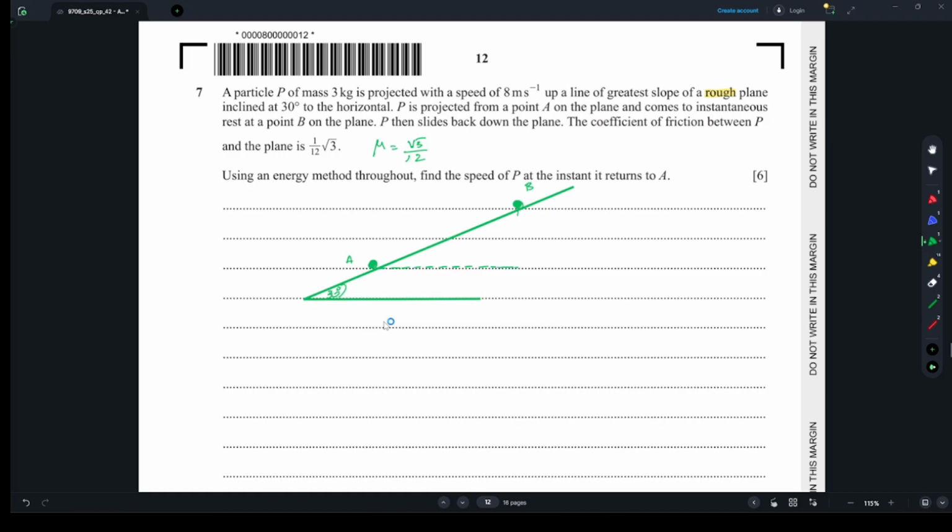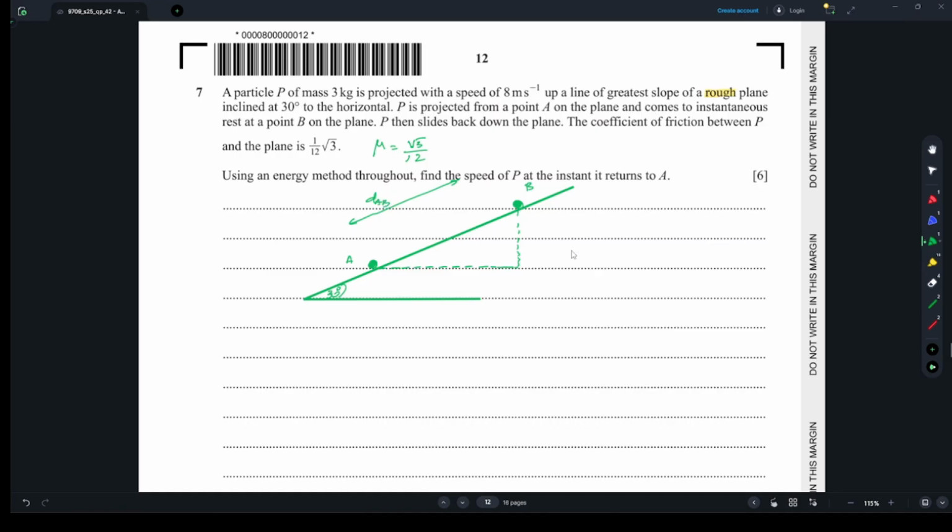Let's consider, so let's make something like this, and let's take the distance from A to B as DAB,